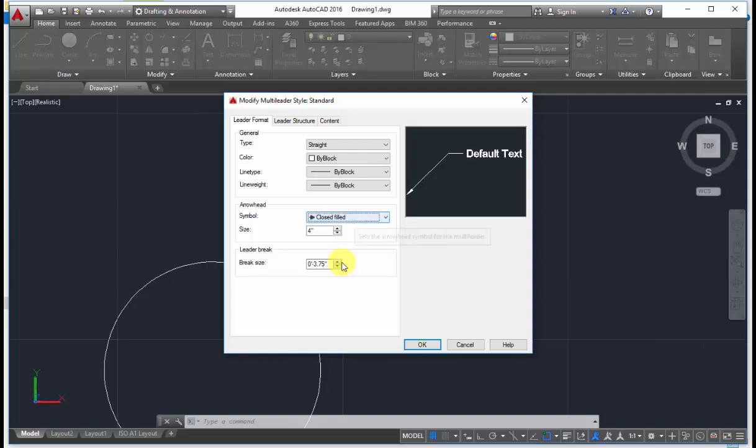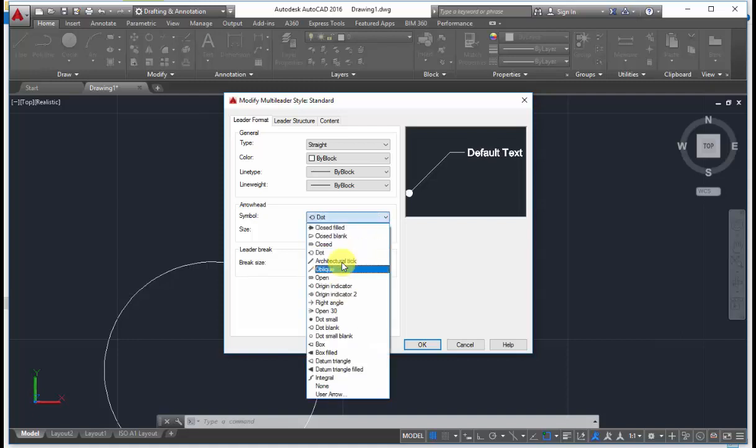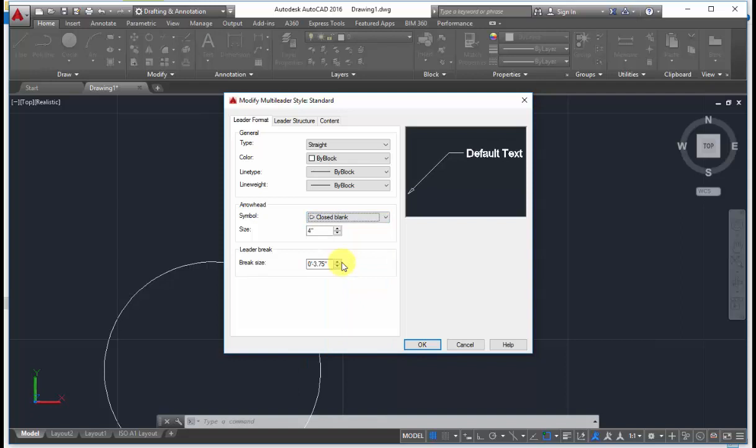You can set the arrowhead over here, and whatever changes I make will be shown in the preview. If you need a dot or an architectural tick, whichever you need, you can select over here. I'll make it as closed blank. Here you can give the arrow size.